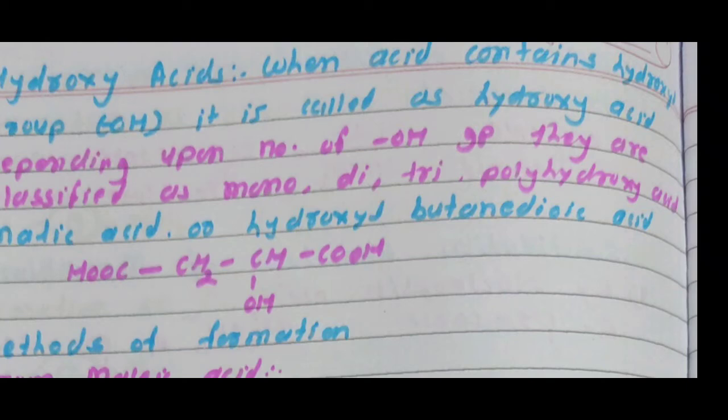Malic acid is an organic compound with the molecular formula C4H6O5. It is also known as hydroxybutanedioic acid. It is a dicarboxylic acid that is made by all living organisms, contributes the sour taste of fruits, and is used as a food additive. Malic acid is a colorless, crystalline solid, soluble in water and alcohol and sparingly soluble in